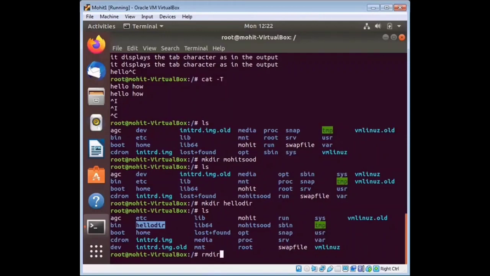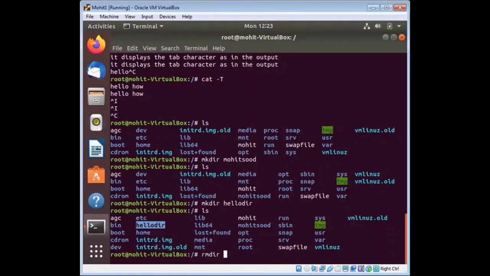So if you delete some directory, automatically the subdirectories inside the directory are deleted. The syntax of rmdir is you just type rmdir, space, and your directory name, and your directory is deleted.